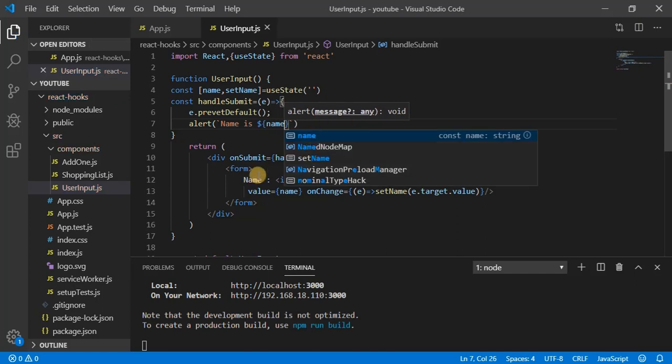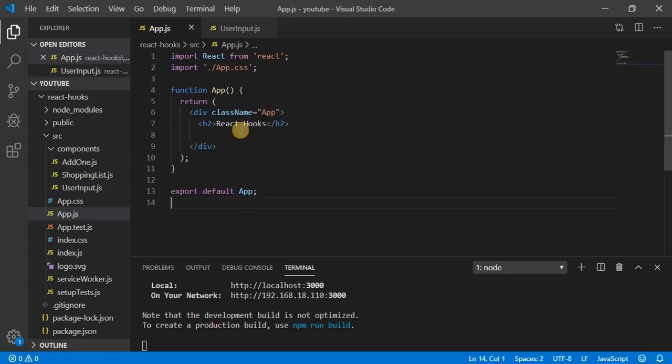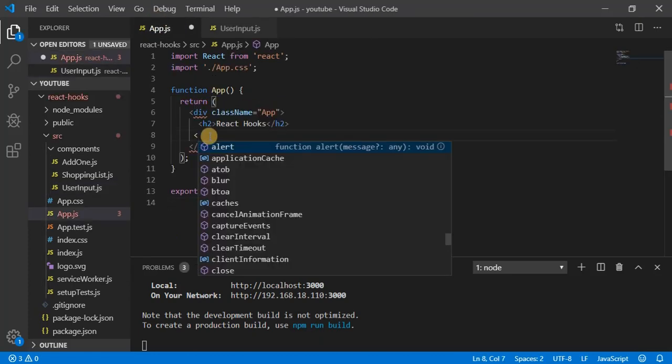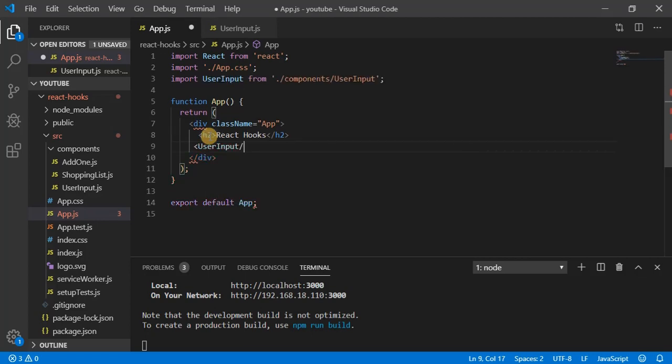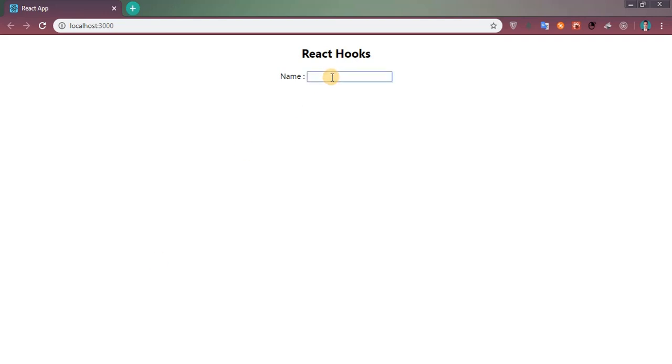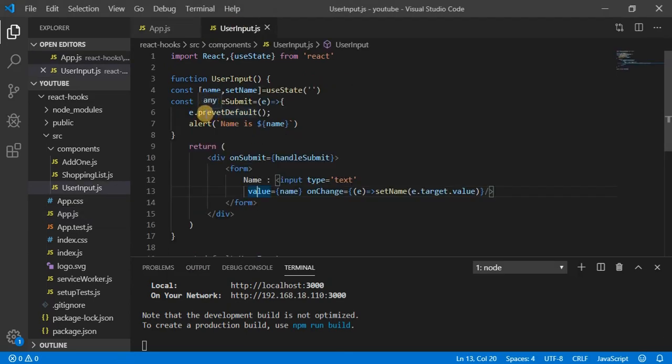Let's check whether this form is working or not. So let's call this form in the app component, UserInput. Okay, come here. Now let's enter Dan and hit enter. Let me see what's happening. Oh, preventDefault had a spelling mistake.